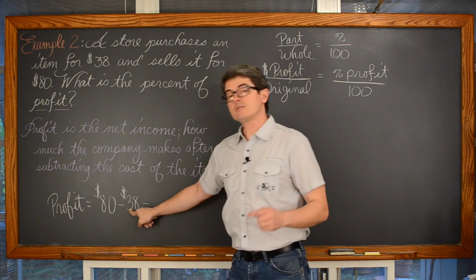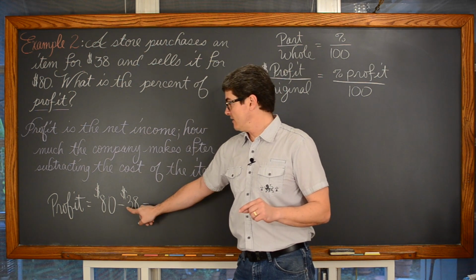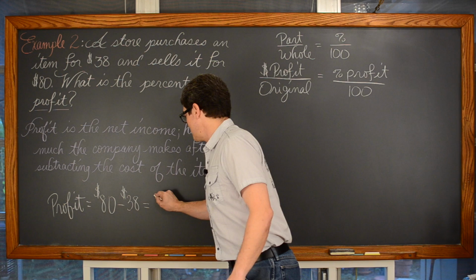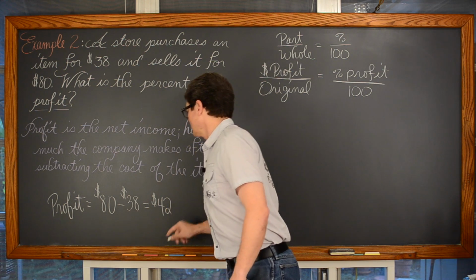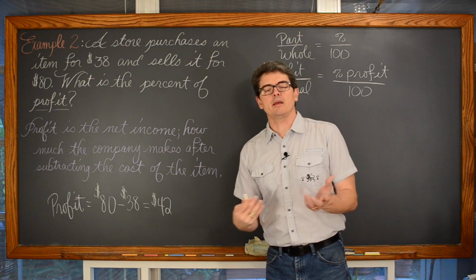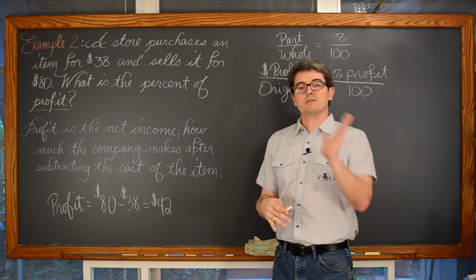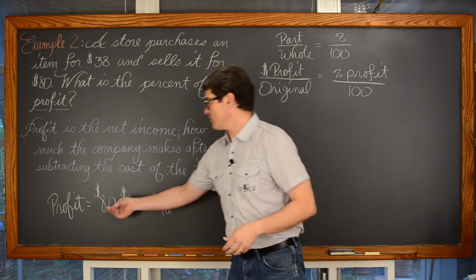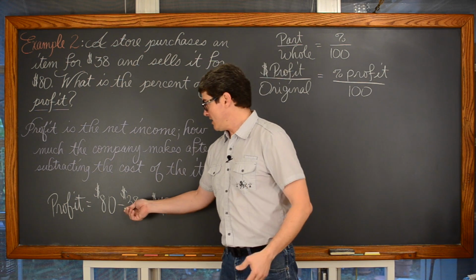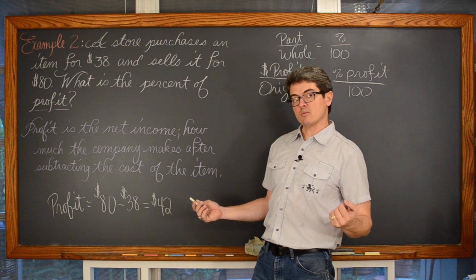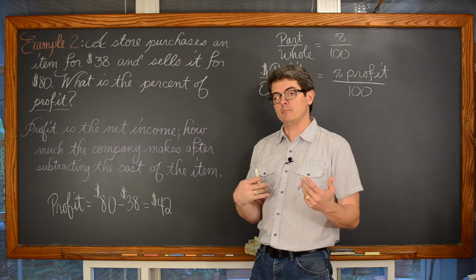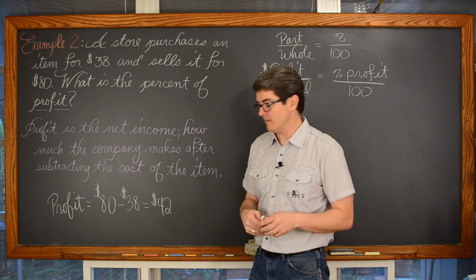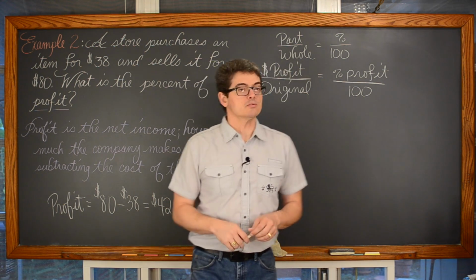Now 80 minus 30 is going to be 50, and 50 minus 8 is going to be 42. When I do addition, subtraction and multiplication on paper, I will go right to left and do the whole carry and bar over type situation. But when I'm doing it verbally in front of the camera in my class, as much as I can, I work in the opposite direction so I don't have to do any carryovers or borrowing. So that's how I got the $42.